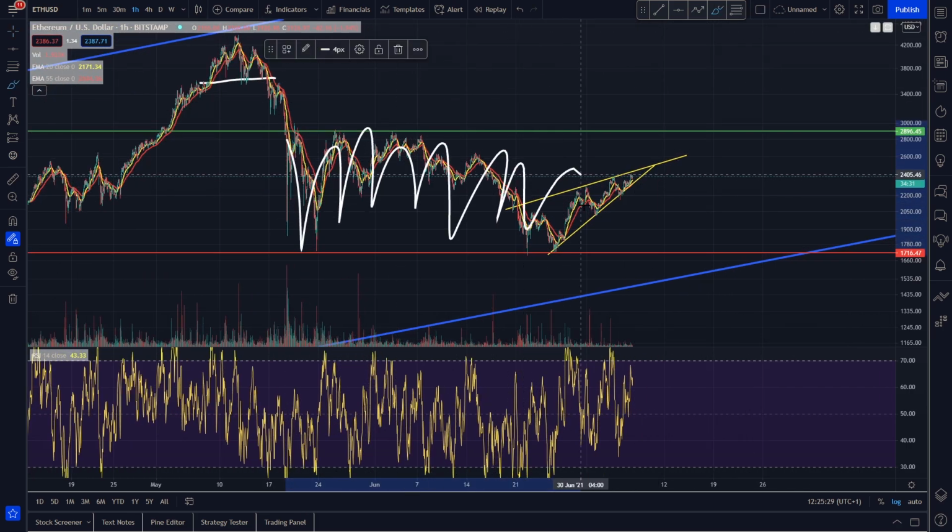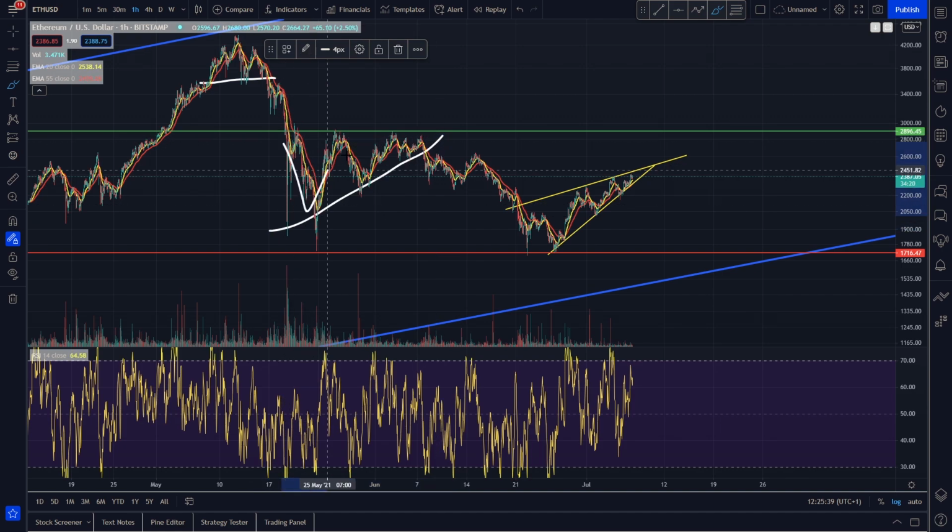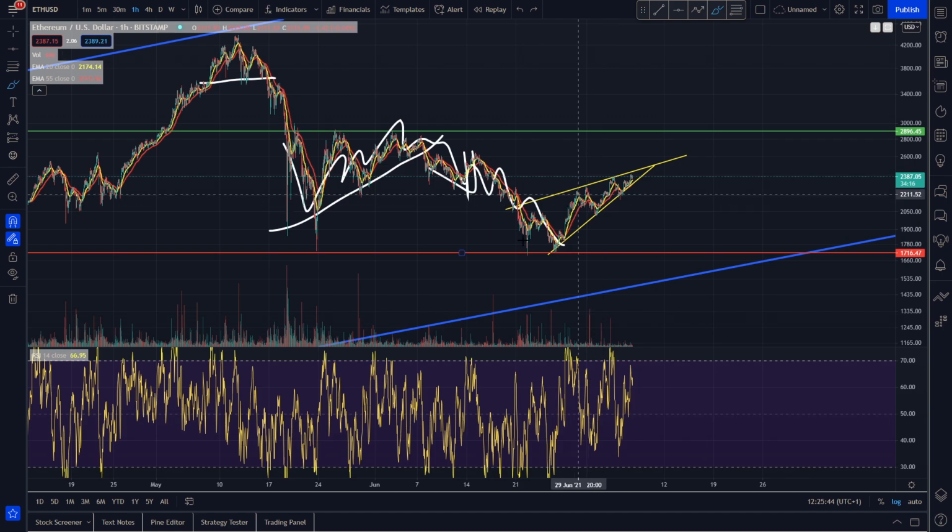But as you can see, we've basically just been ranging in a channel, haven't we? We basically came down, bottom tested the channel. We formed the bottom of our channel here around $1,700. We came all the way back up with this ascending triangle, but since we broke down out of it, we just rolled over to back test that previous level of support.